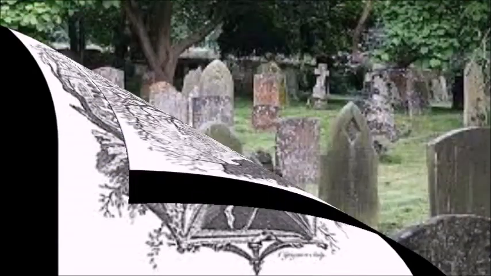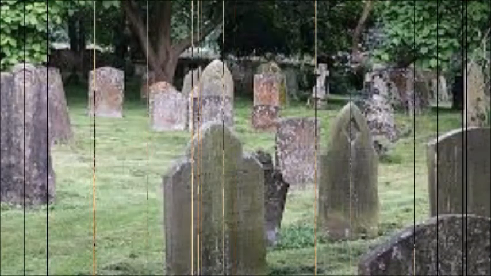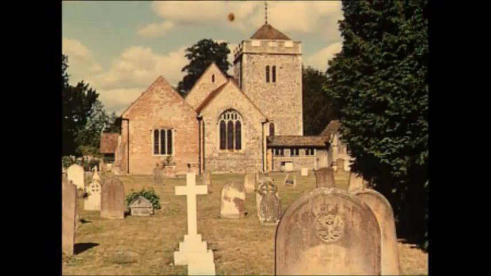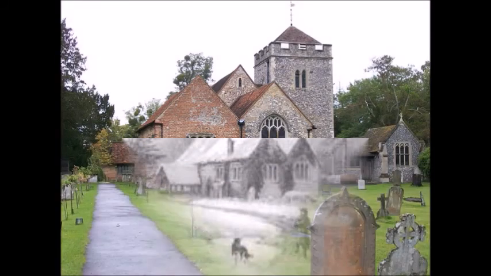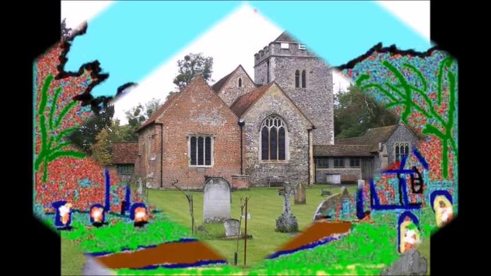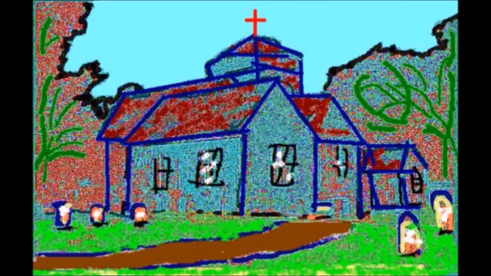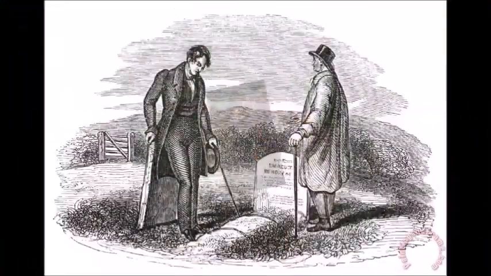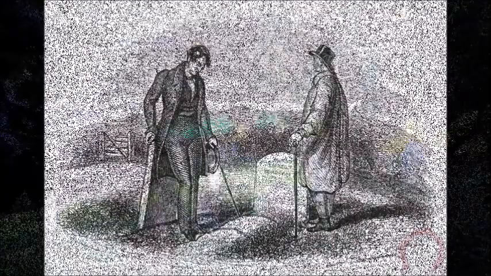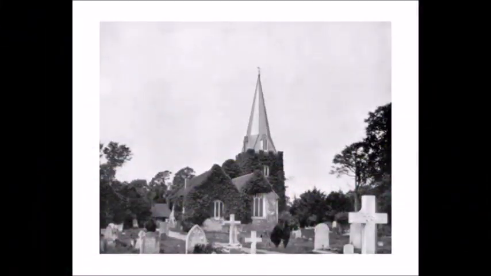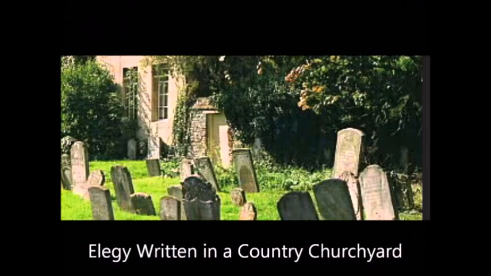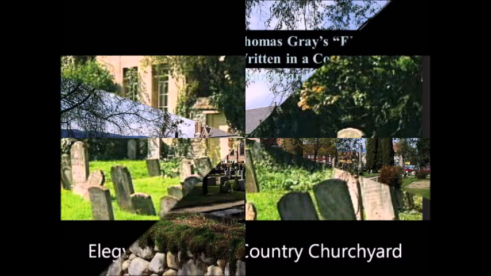Line 17, the breezy call of incense-breathing morn, makes it sound like the time has shifted to morning, but this just implies a pun on morning, because he's talking about the forefathers in the grave's lowly bed. Evening is also symbolic of death. This is a common symbol in poetry, the end of a day or the end of a season symbolizing the end of a life. The speaker also stresses the solemn stillness of the evening in line 6, indicating a somber,